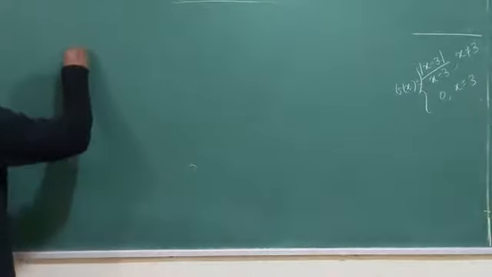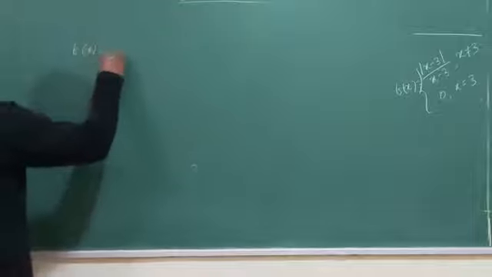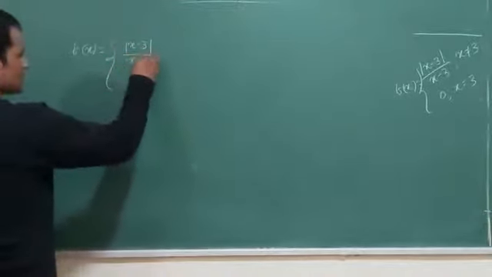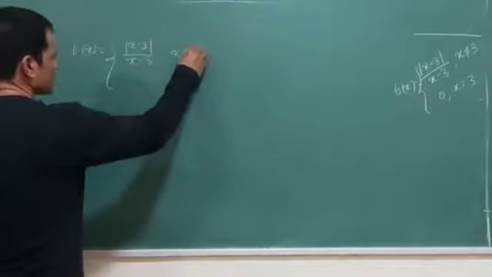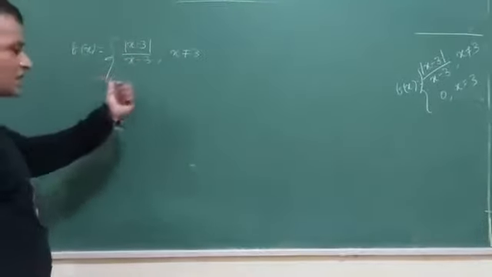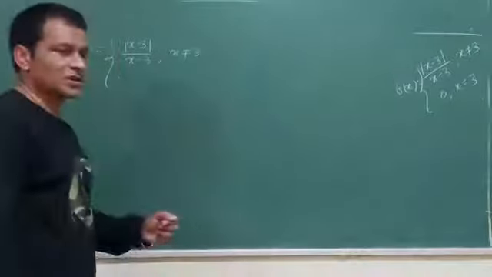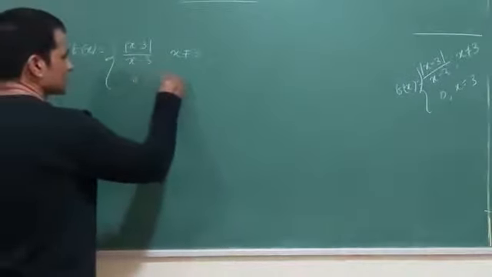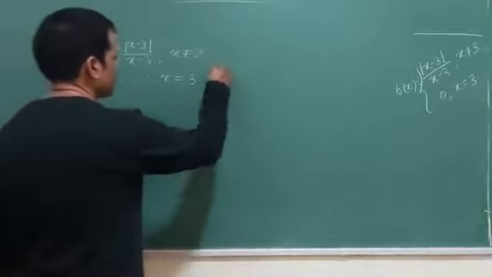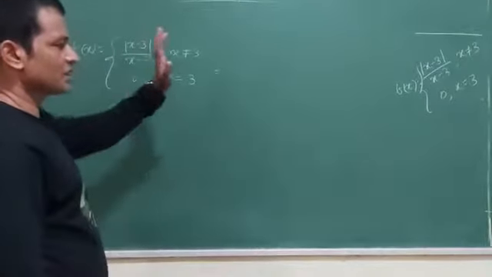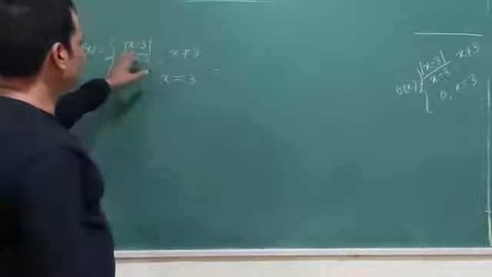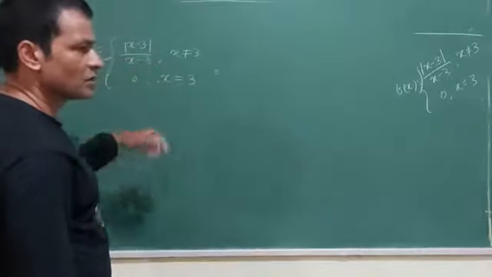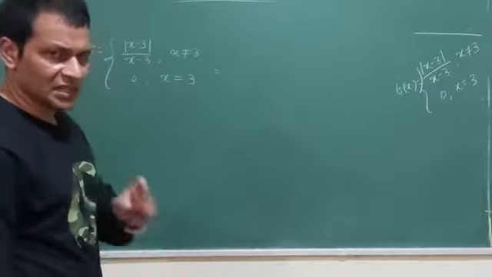So the question is mod x minus 3 by x minus 3, x is not equal to 3, because 3 is the partition value. In the previous case, in the signum function, it was 0 because 0 was the partition value of mod x. Then 0 at x equal to 3. Again, if I take a value greater than 3, 3.5, 4, 7, 7 minus 3 is 4, 4 by 4 is 1. That means any value greater than 3 gives you 1.